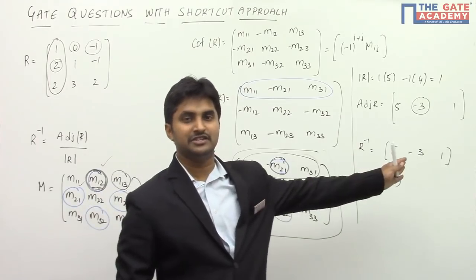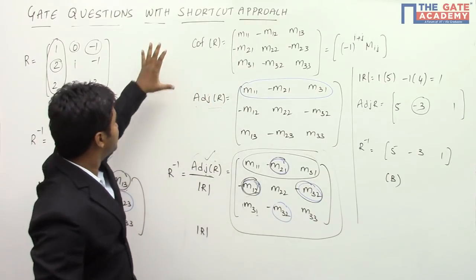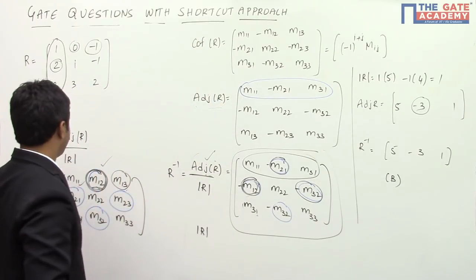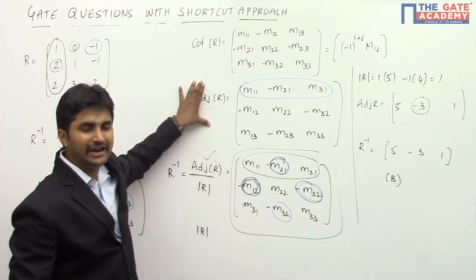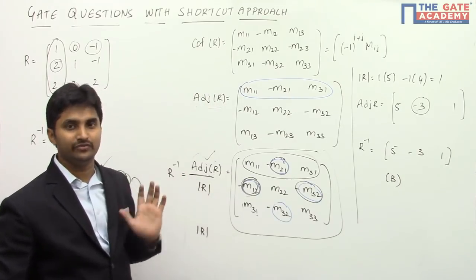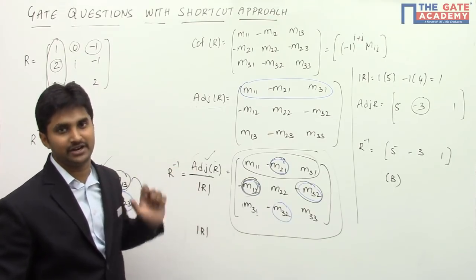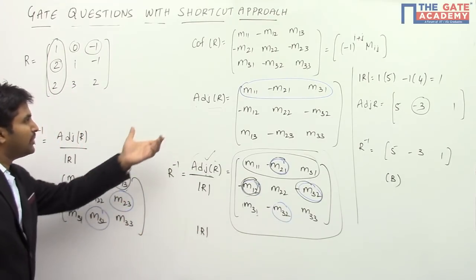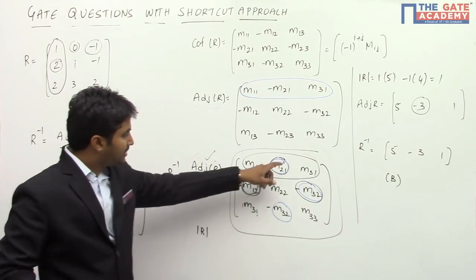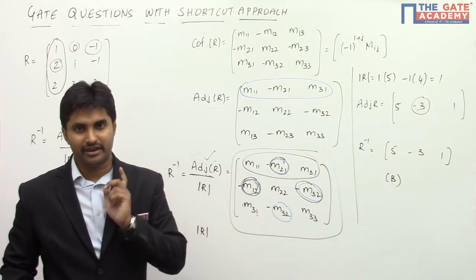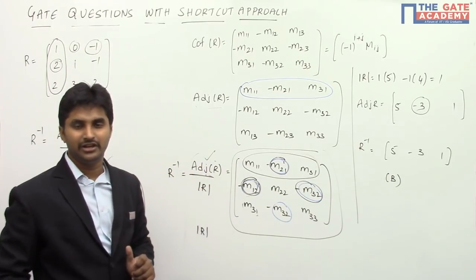So this is the shortcut of solving this particular problem. Instead of finding the total matrix, the conventional approach is that first we have to find the minor matrix and then the cofactor and then the adjoint, and you have to divide the adjoint matrix by the determinant, which is going to give you the inverse. The simpler method is that, even if you want to find the entire inverse matrix, you can simply find the adjoint matrix by directly taking the transpose of each and every element, and the circled elements are going to be negated. That is going to give you the inverse of the matrix by dividing the adjoint with the determinant.